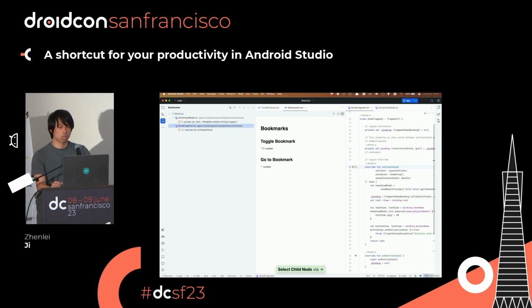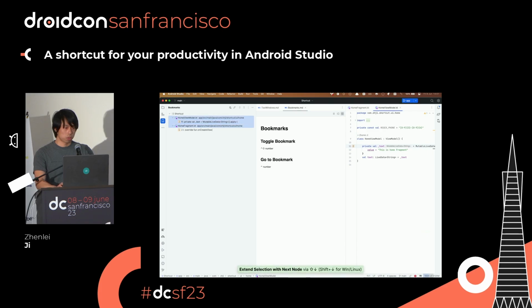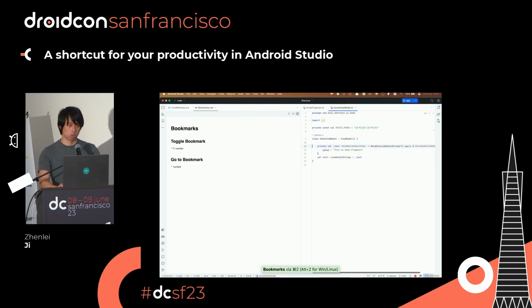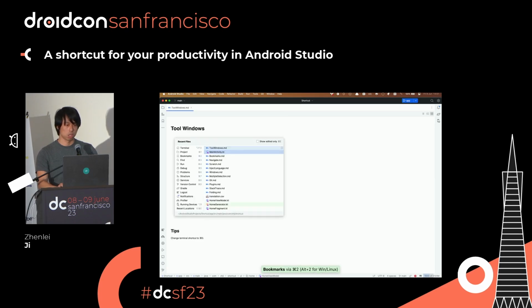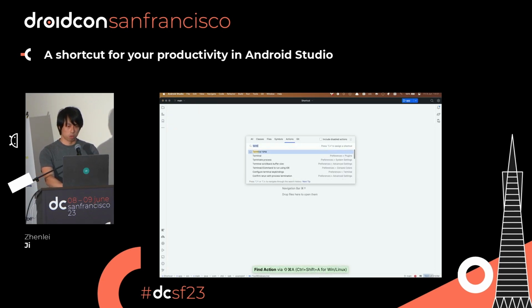So if you have a huge source code and start to navigate, you can get lost. You can bookmark them. So this is the bookmark. Let's just delete this. OK, cool. Let's close those ones. Now let's go to the example